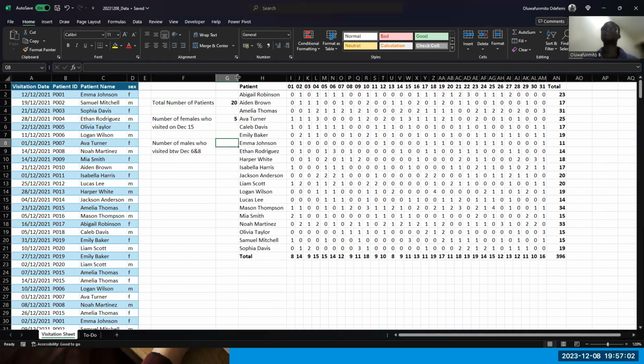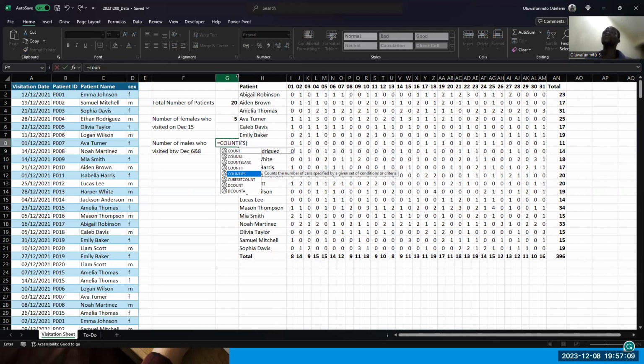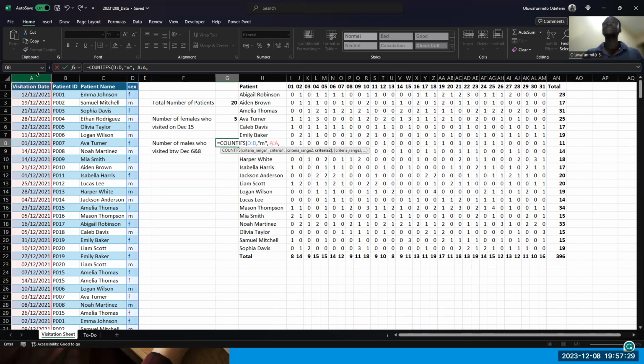So here now I'm going to do count ifs. Criteria range 1, I'm looking for males, right? M. Now, criteria range 2, I want to know if the date is December 8, December 6, or